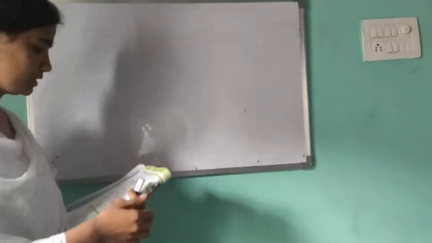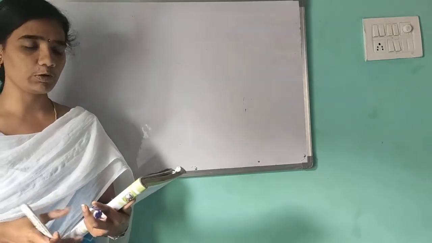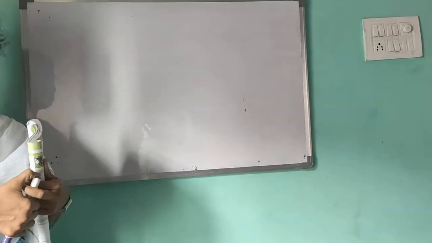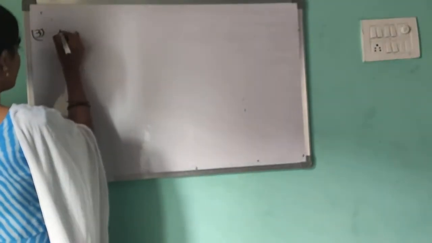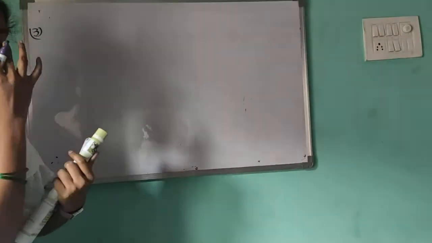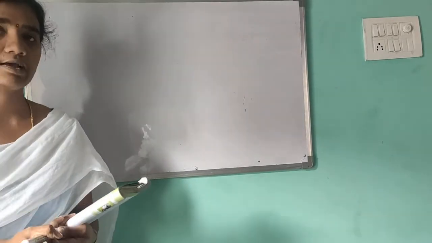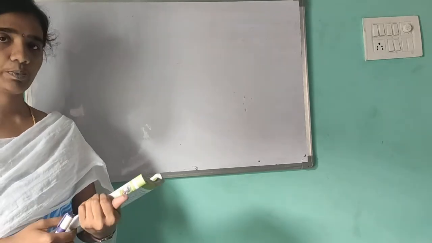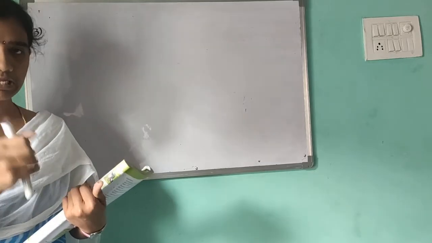Go to the third sum. Check whether the following numbers are divisible by 11. Previously we saw divisibility by 4 and by 8. Now, divisibility by 11. What is the divisibility rule? The sum of the digits at odd places and the sum of the digits at even places, and the difference between both, is the divisibility rule.